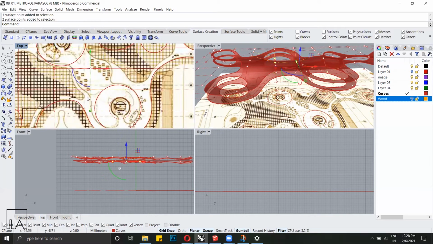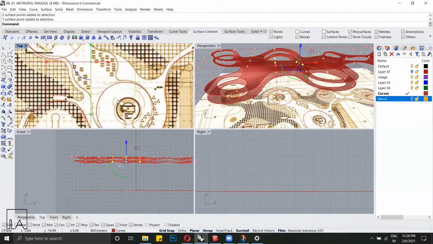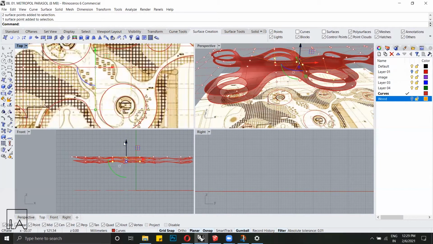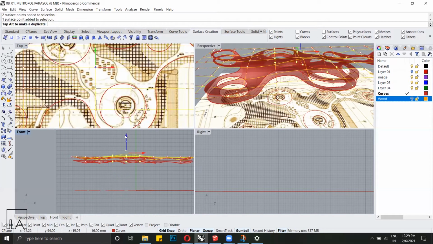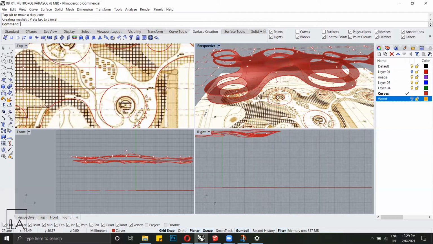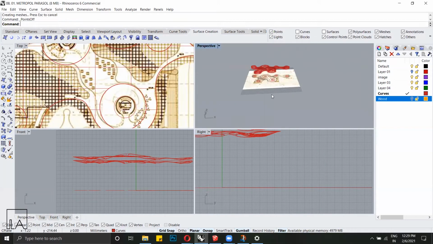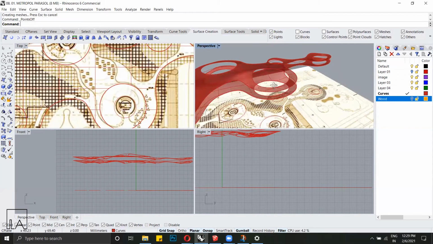So these are just over the central points because those are the only ones that make much of a difference. And I'm gonna just extrude them slightly, not too much also. Give them a certain amount of curvature. I'm gonna turn off my control points and we pretty much got this.